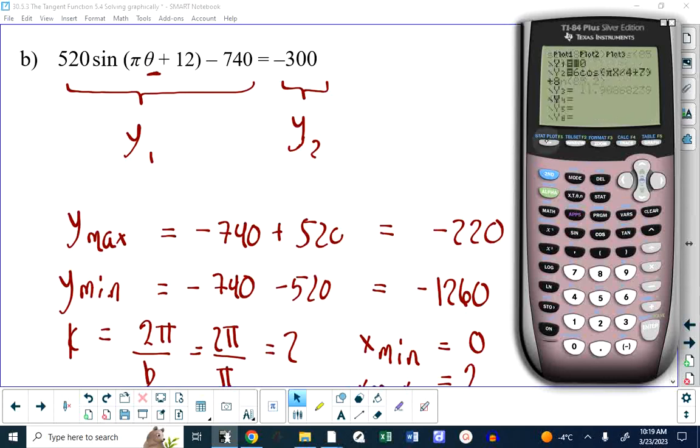don't worry about what I'm doing. I'm going to put 520 sine brackets pi x plus 12. What that 12 does, we don't care. We're solving an equation. Okay, we're done with analyzing that function. Close the brackets, and then minus 740. And then we also have